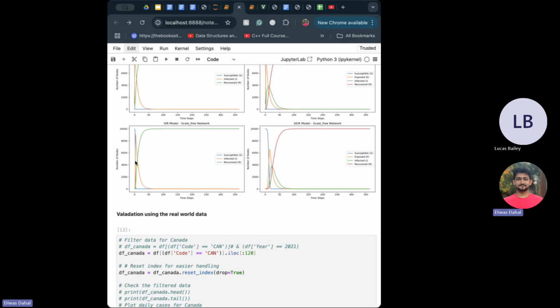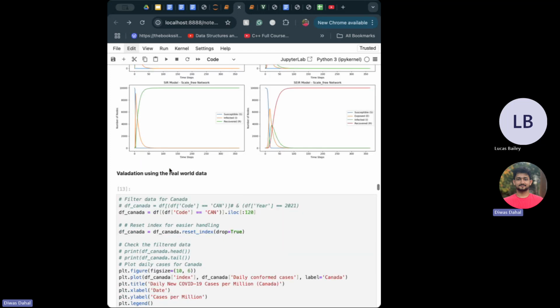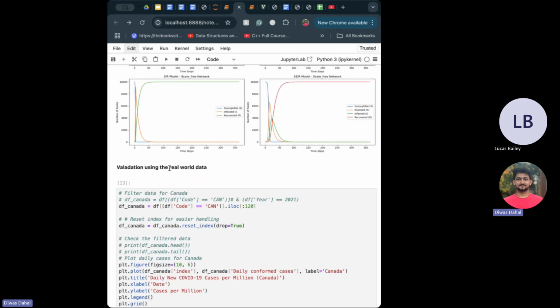Now, this is almost like the grid itself. It's just sharply dropping, followed by a steady increase in recoveries and an epidemic resolve. In contrast, the SEIR graph incorporates an exposed stage, introducing a delay before an individual becomes infectious. The result is a more gradual decline in the susceptible population. The exposed population peaks before infection rises, while the recovery curve stabilizes later compared to the SIR model, indicating a